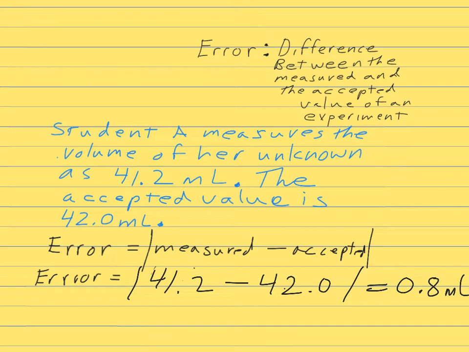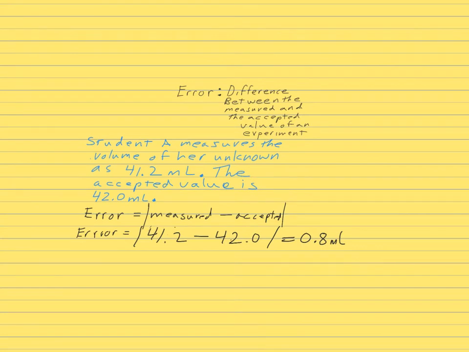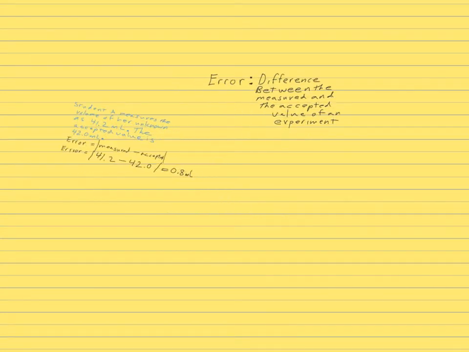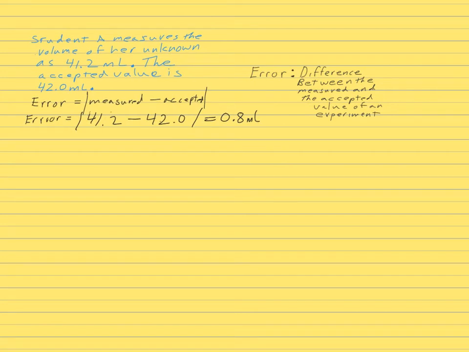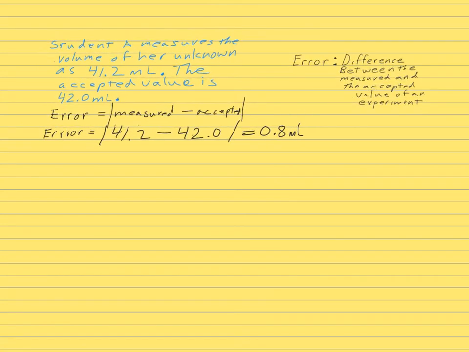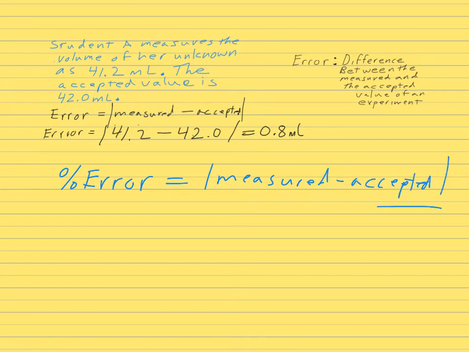Well, we like to think in terms of percents as people, right? That's how we give our grades. Did you get 100%? Did you get 10%? So people like to think in terms of percents. Therefore, we frequently measure error using a statistical indicator known as percent error. Percent error is the absolute value of the measured minus accepted divided by the accepted